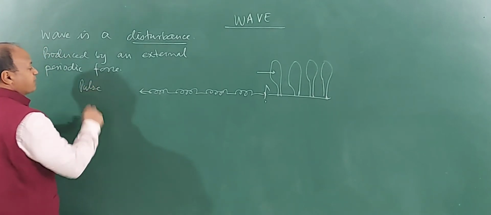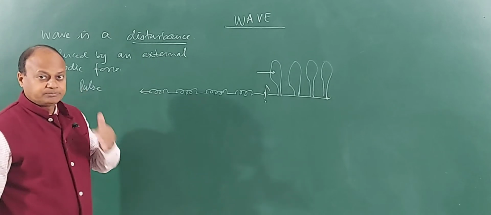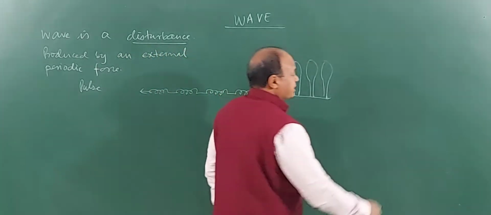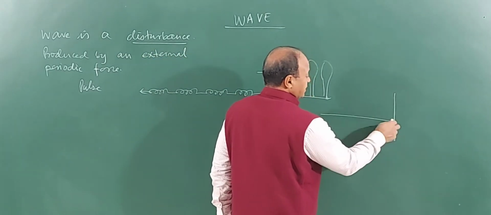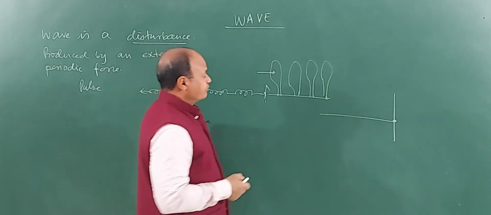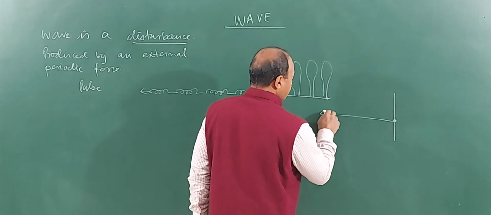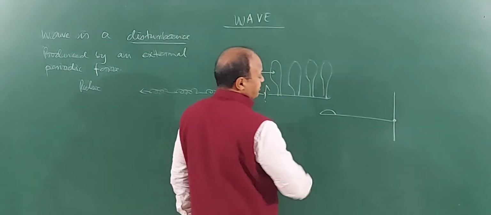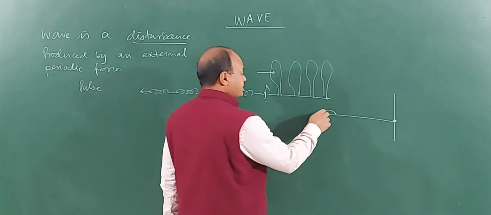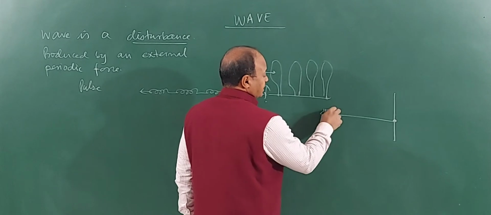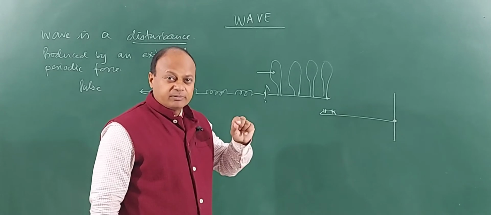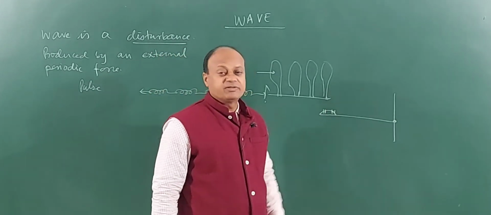This is another term that we talk about: pulse. Pulse is a small part of this disturbance. For example, you take a string, tie it down, and give it a small vertical jerk at one end. So you will find at one instant, here we have a pulse. Small part of the disturbance is called what? Pulse. A small part of the wave that is traveling is a pulse,